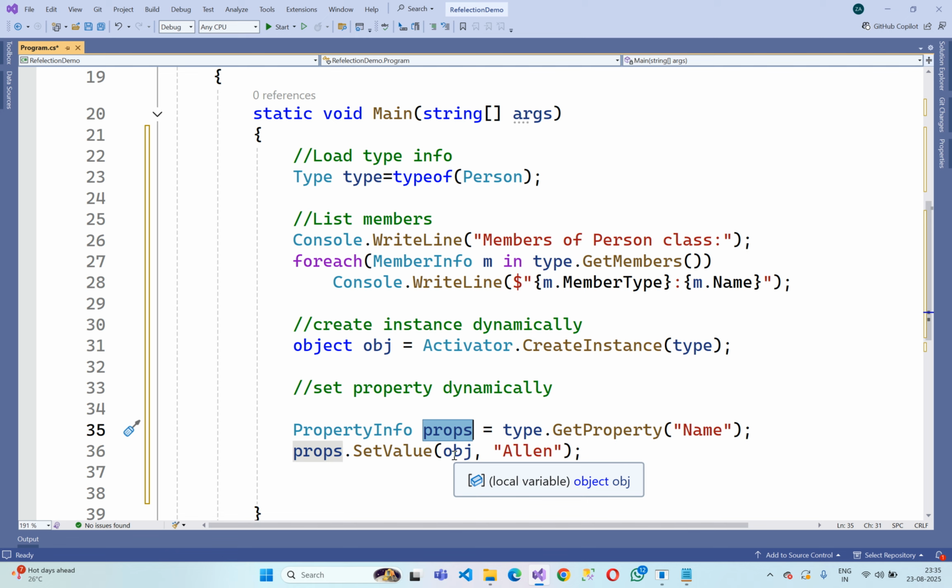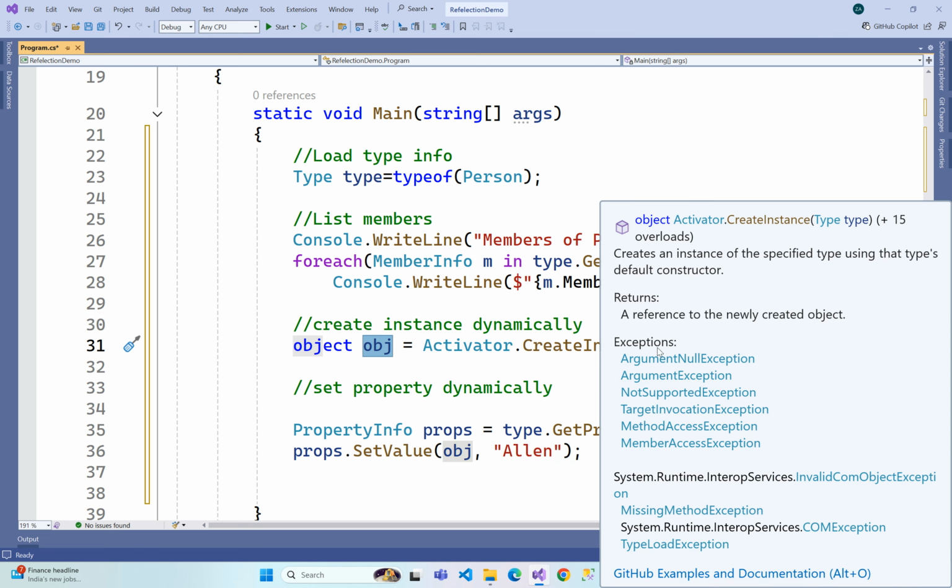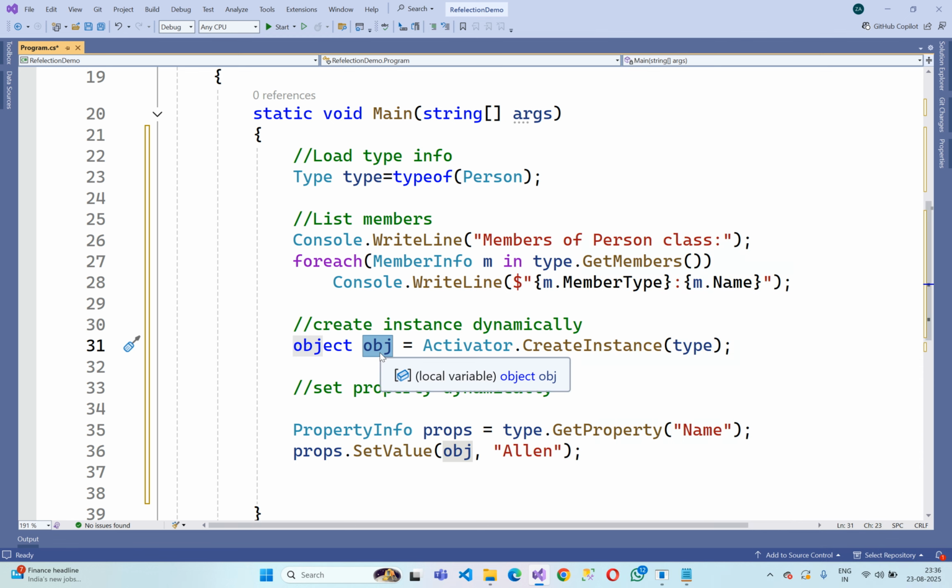The Name property belongs to obj, which means we created an instance of type Person and are holding the reference in obj. That's why I mentioned obj here. Okay,